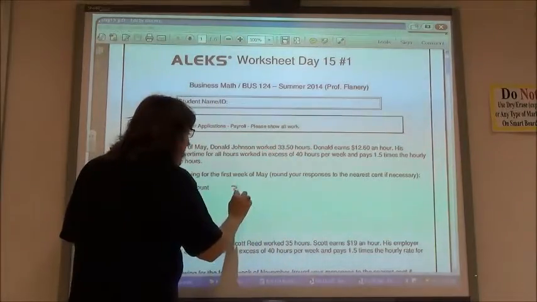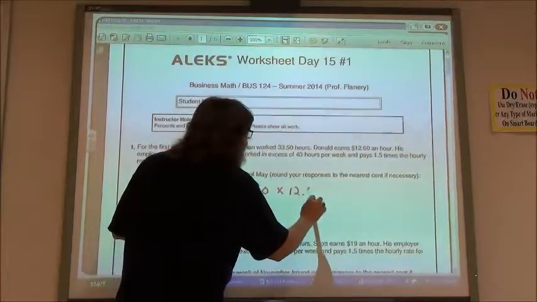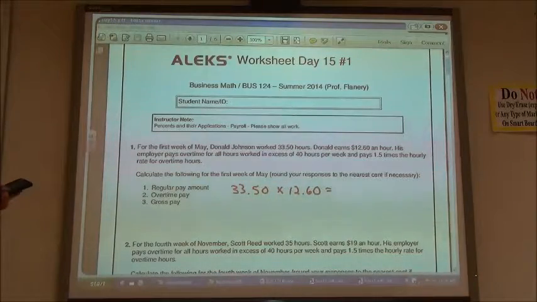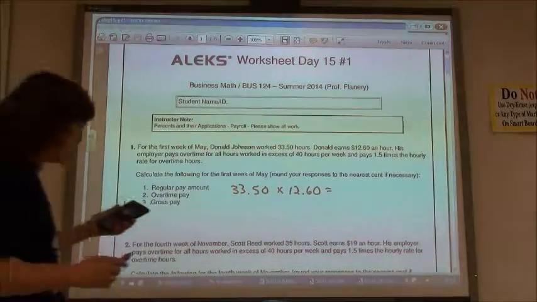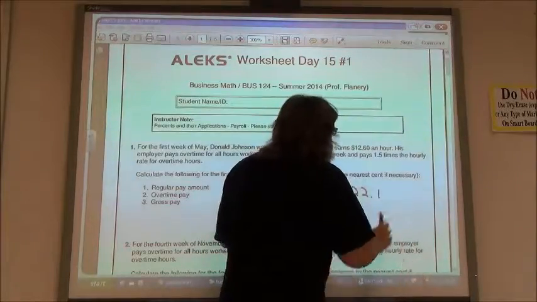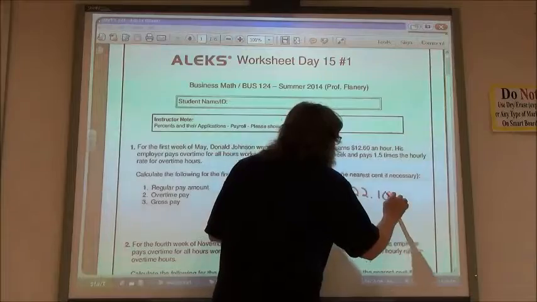I'm going to take the 33.50 hours times $12.60. So 33.50 times $12.60 gives me $422.10. Keep in mind on your calculator, it gives you 422.1, but we want to write it as money, so we always want to go to the hundredth spot,